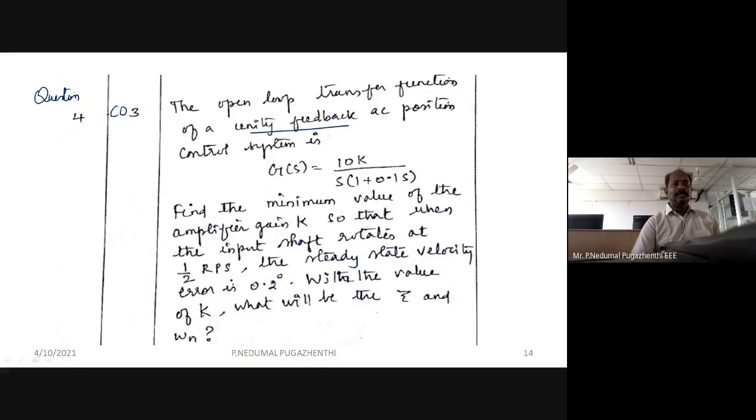It is provided in degrees, but here the input is provided in radians per second. So we have to convert either of these to a single unit, whether in radians or back to degrees. It is better to keep both in radians. That's simple for us to deal with. So if you have found the value of K using all these inputs, then substitute that value in the transfer function G of s and find zeta and omega n, that is the damping ratio and omega n value.